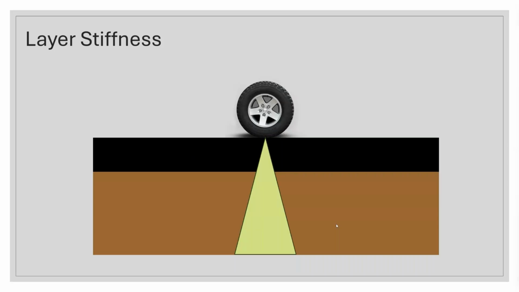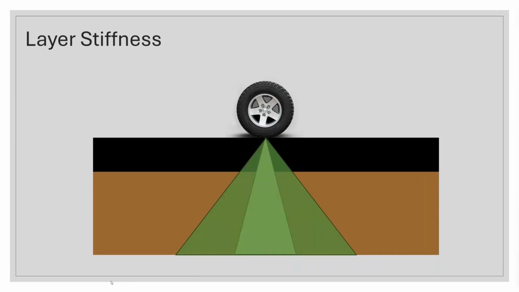All right, now let's talk about the subgrade. This is the bottom layer, the foundation, the supporting structure. And really, pavement design is all about layer thickness, stiffness. The thickness is what we're trying to figure out, but that thickness will be dependent on how stiff the layer is. So you see the tire here, and there's a point source. That's where the load is concentrated on that pavement layer. But that yellowish green triangle shows how that stress kind of fans out underneath. As you look downward through the pavement structure, the stiffer the layer, the more that stress will fan out.